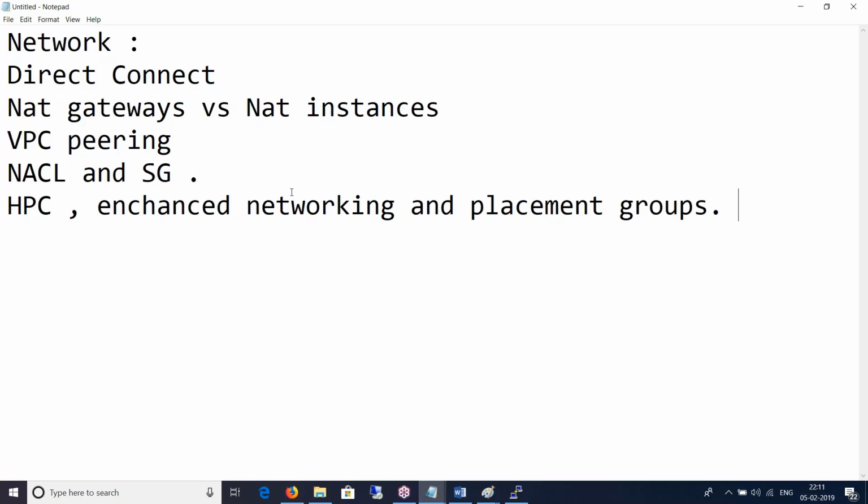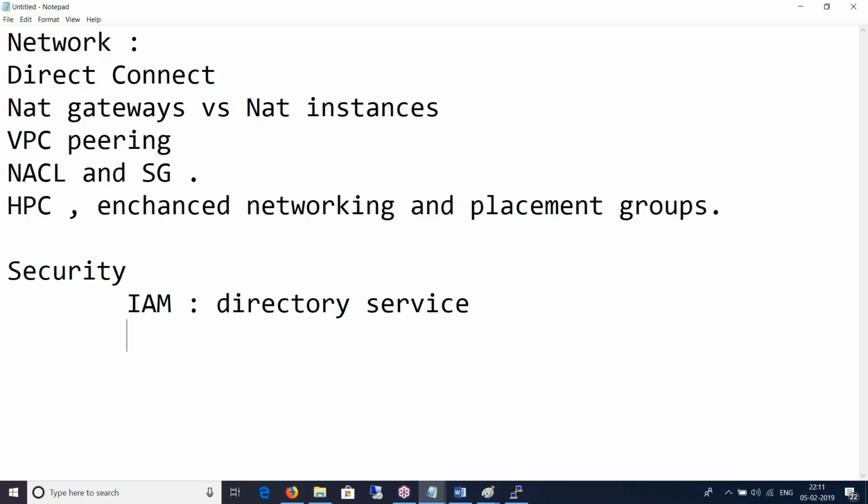In continuation to networks, security is a key aspect. That's a separate subject though, although they are linked together. Security is very important, and we start with IAM and the directory services. What does Amazon have to offer in the directory services section? CloudTrail, how does CloudTrail help in auditing, and how is CloudWatch helping us in monitoring of services? So we'll also do some labs around it.